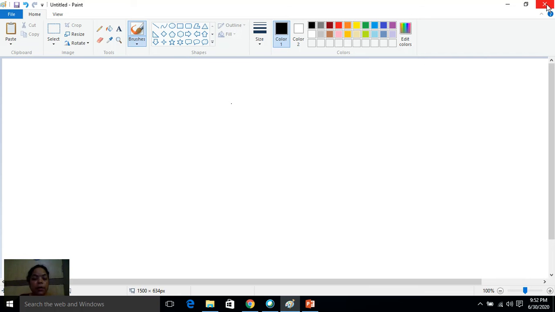The last one is the close button. With the help of this button, we can close the paint program. But this time I will not close because I have to teach you. So after the class, I will tell you the use of this cross button. Okay. Now I am coming to the next one, the second one. Here you can see file, home, view.